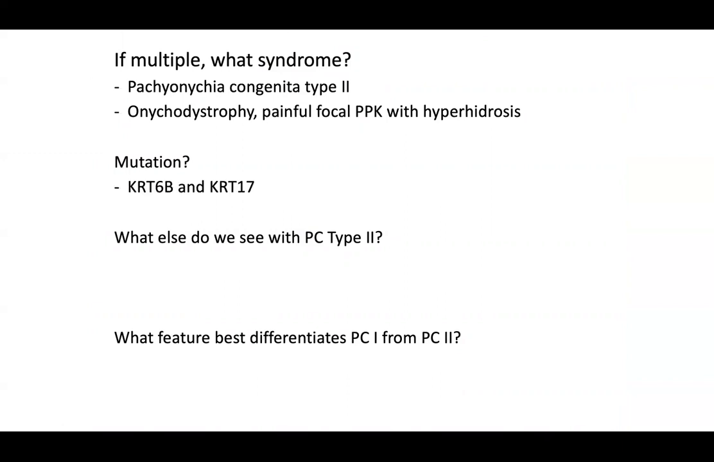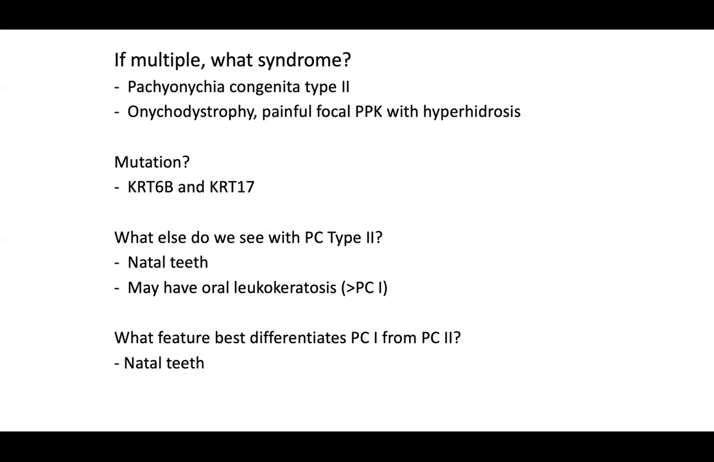This is often associated with the keratin 6B and keratin 17 mutation. What else do we see with Pachyonychia congenita type 2? Natal teeth is important for your test, and these patients may also have oral leukokeratosis, more so than Pachyonychia congenita